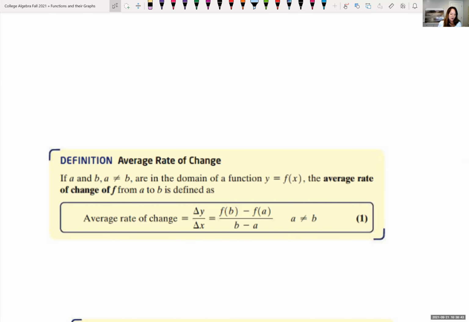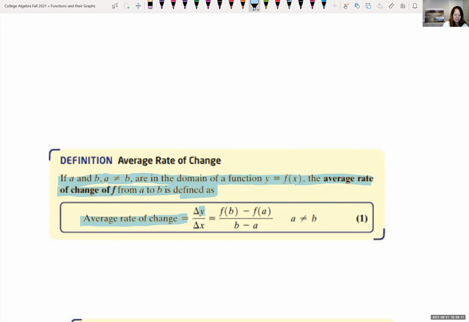Okay, so we've looked at finding slopes before. Here, we're going to find the average rate of change. Let's just go through this and I'll talk about it in a second after I read through it. So it says if a and b, a can't be equal to b, are in the domain of a function y equals f of x, we can say that the average rate of change of f from a to b is defined as,